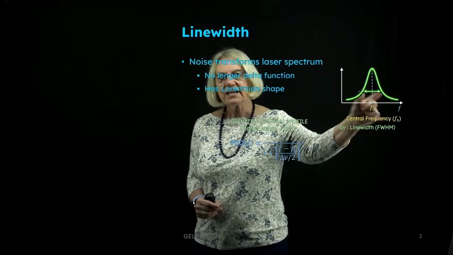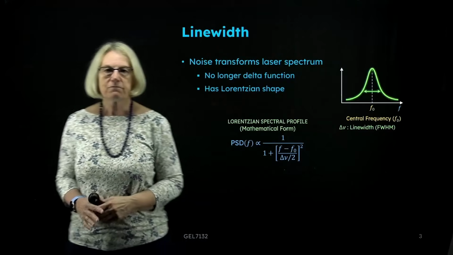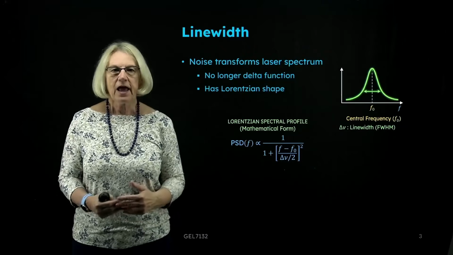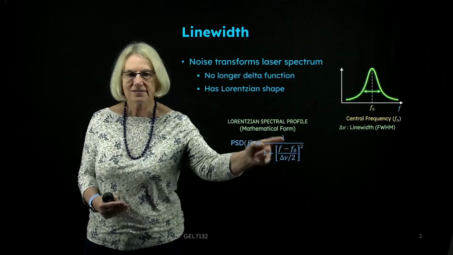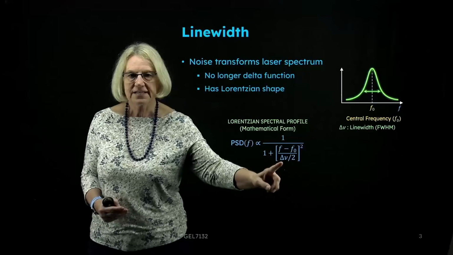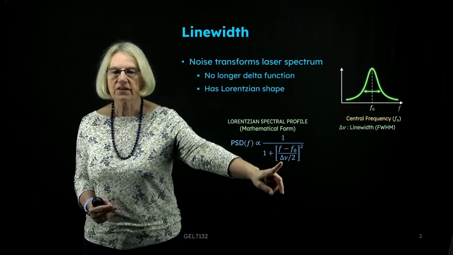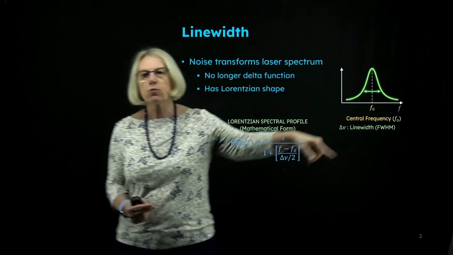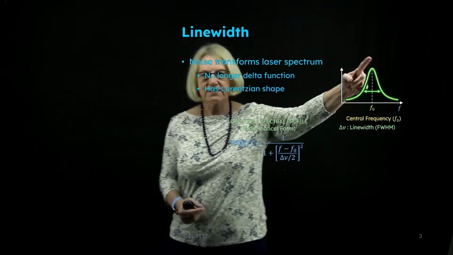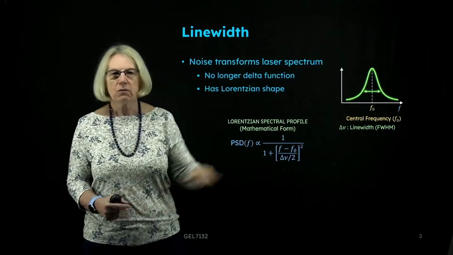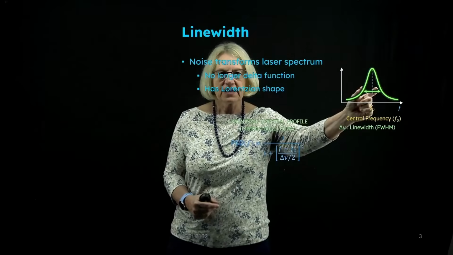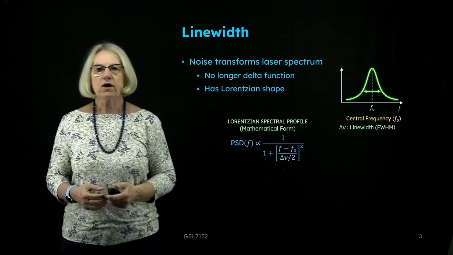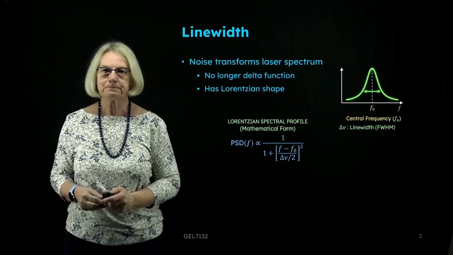So this thickness we define via the power spectral density of the laser, the spectrum of the laser, and the Lorentzian shape is given by this expression, and the delta nu here is what we call the line width. And this definition means that it's the line width at full width half maximum. So if I take the maximum and I go down 3 dB, wherever that 3 dB point is, the thickness there, the width of the shape, is what I call the laser line width.